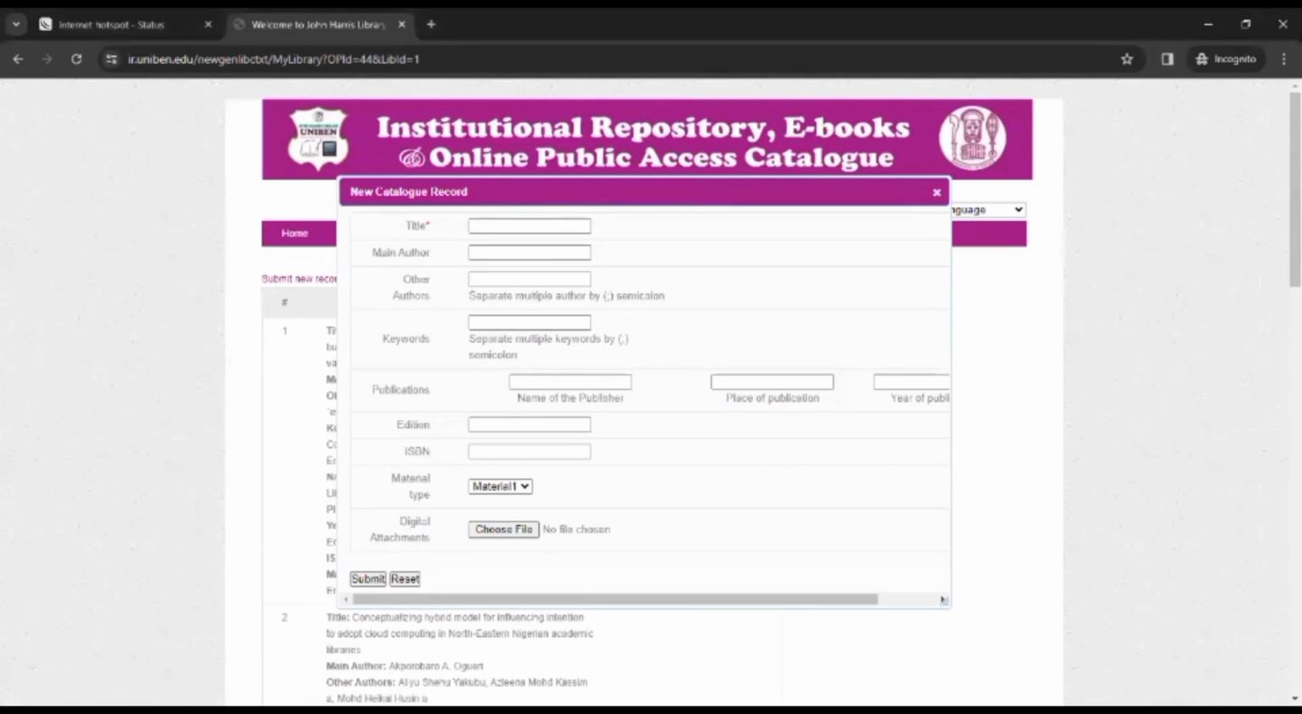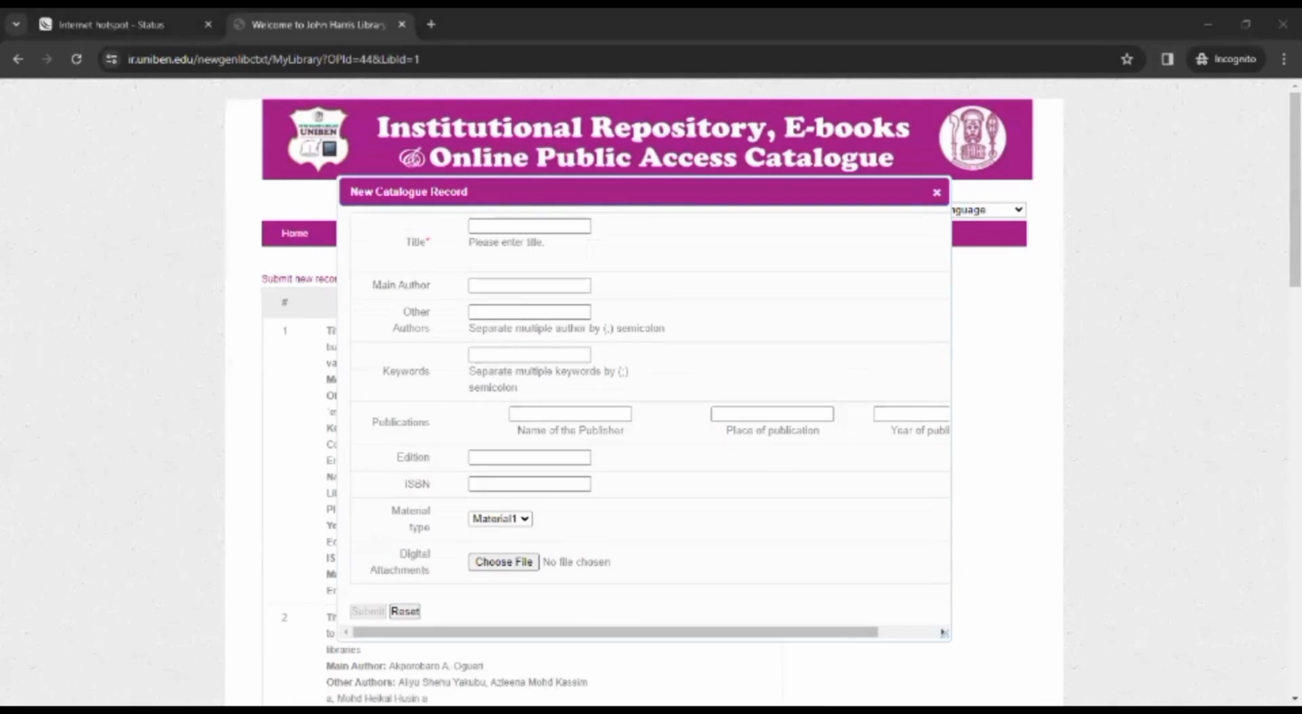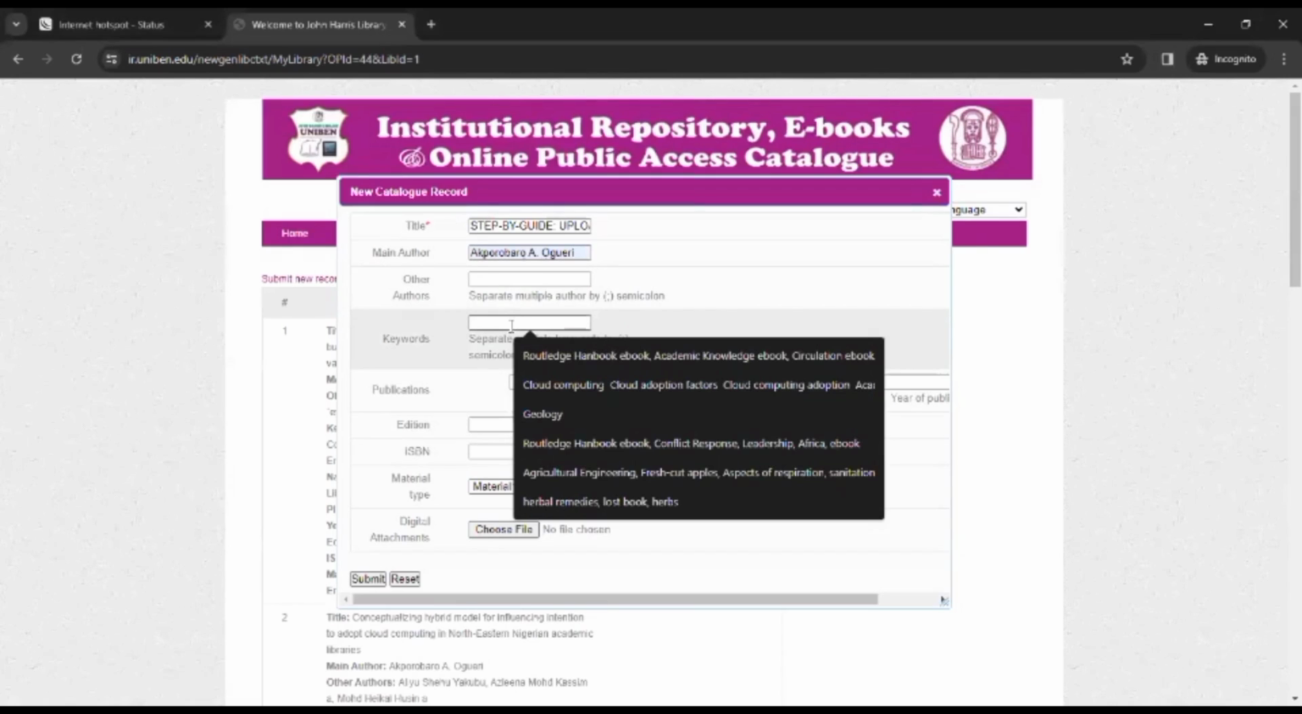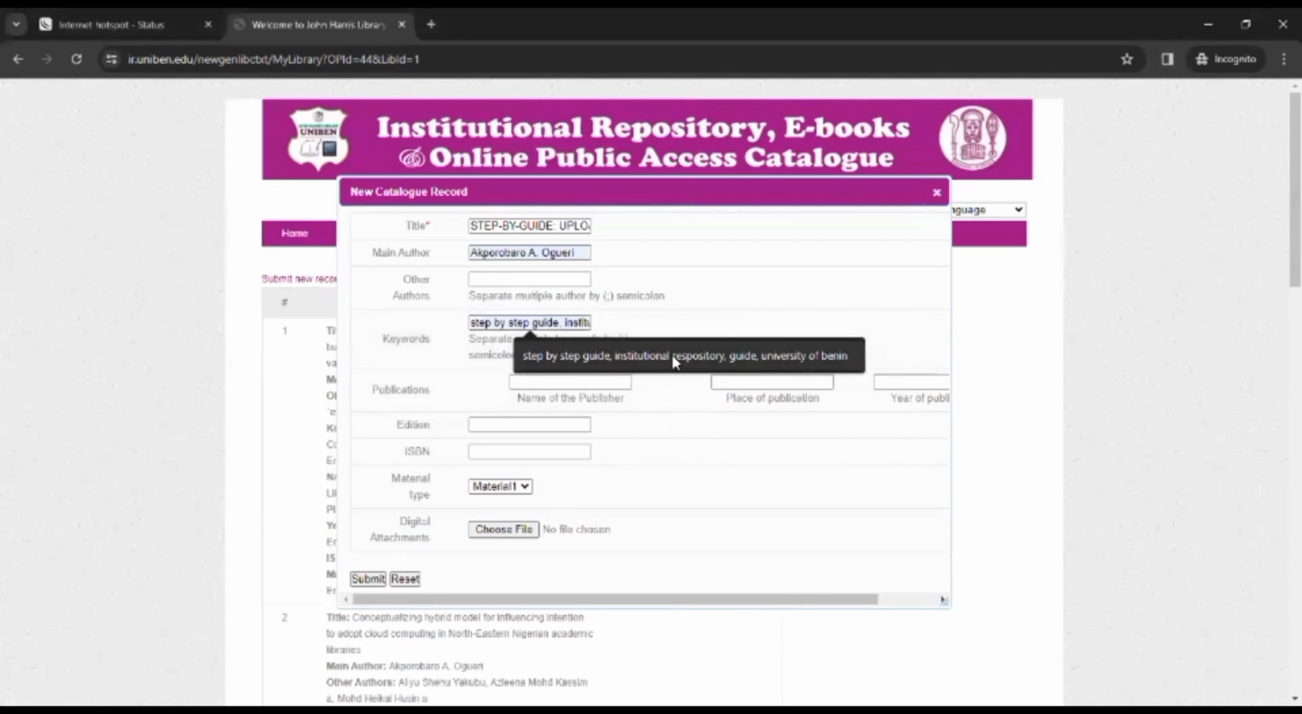use another document, for example. I'll copy the title as I did to the first two and paste. Author's name is there. There is no other authors, so I'll leave that place blank. Then keywords, step-by-step guide, citing repository guide. Okay, so